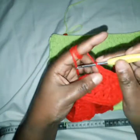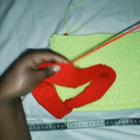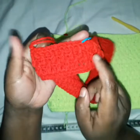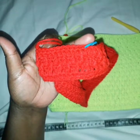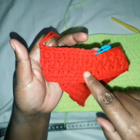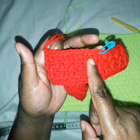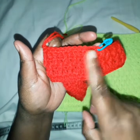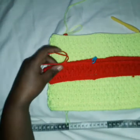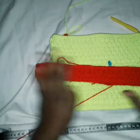So we work single crochets on this row, and when we come to the end here we slip stitch, and now again we start the alpine stitch, where now we will start with a double crochet on top of the front post, and where we worked a normal double crochet we work a front post and alternate that to the end. So we are going to repeat this for several rows,